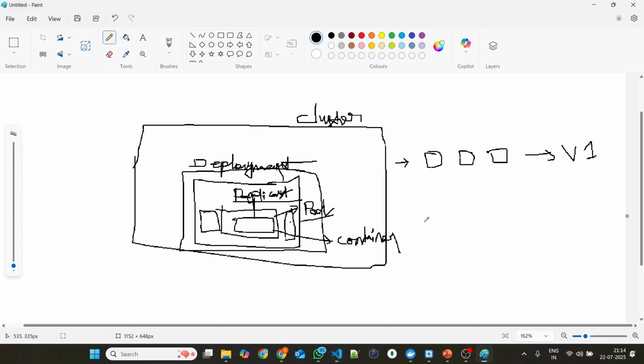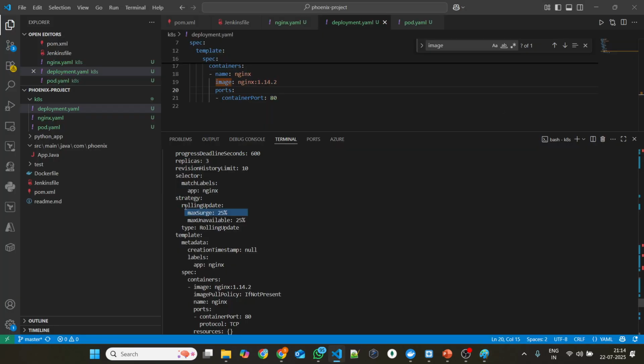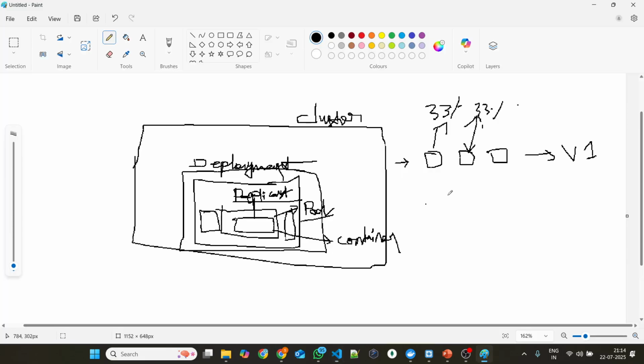That means in total 3 pods are running, so each pod is about 33%. That's the meaning, right? If 100% of pods are running, it means all the 3 pods are running. If one, then the contribution of a single pod will be 33%, right? And what I mentioned is that the max is just 25%. That means